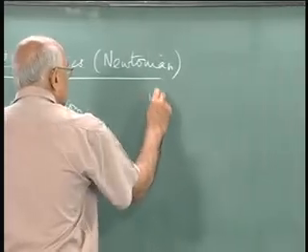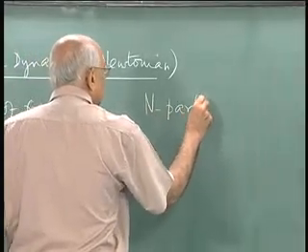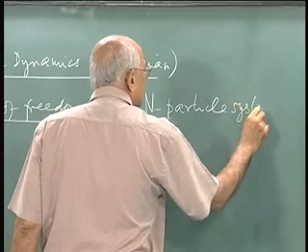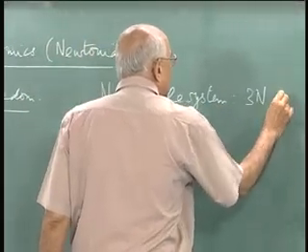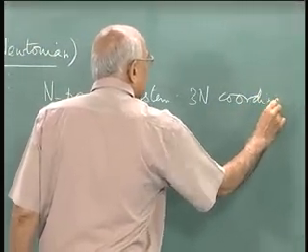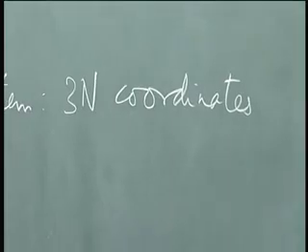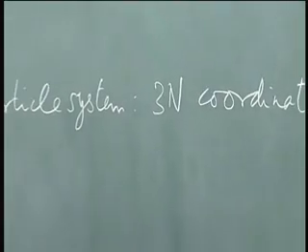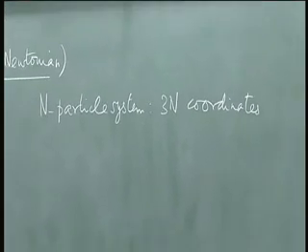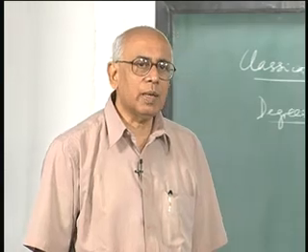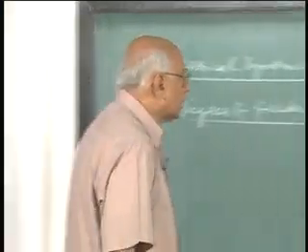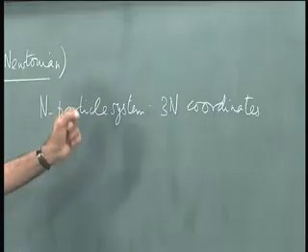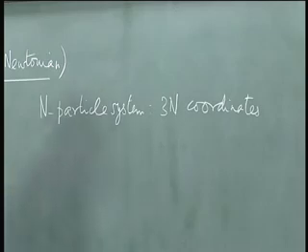So n particle system has 3n coordinates. I am going to call these generalized coordinates. The reason is they do not have to be Cartesian coordinates, they do not necessarily have to be angular coordinates. There could be some of them Cartesian, some of them angular, some of them in other coordinate systems and so on, it does not matter. What matters is the number here, and we are going to use a certain symbol for these coordinates. I am going to use little q for these coordinates,